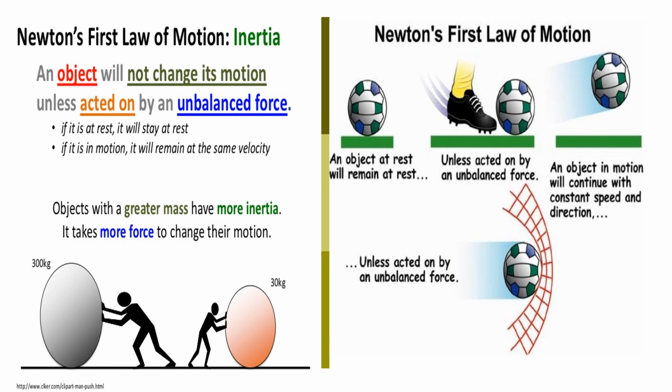The other example of Newton's first law of motion is the example of a football. An object at rest will remain at rest if there is no external force applied by another person. If an external person provides the force, the ball will continue in constant motion and direction unless it is stopped by an unbalanced force applied by the net. These are examples that are easy to understand to get the concept of inertia.